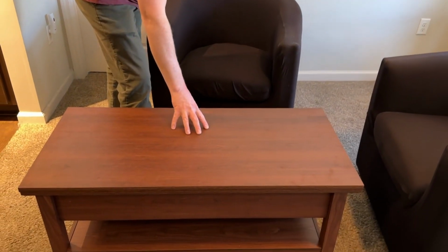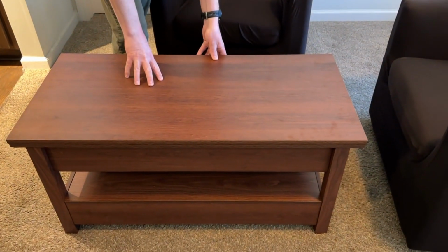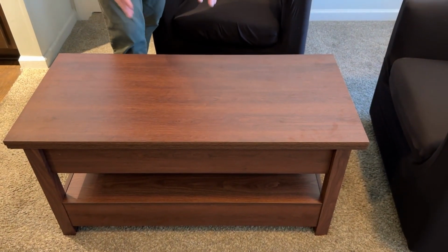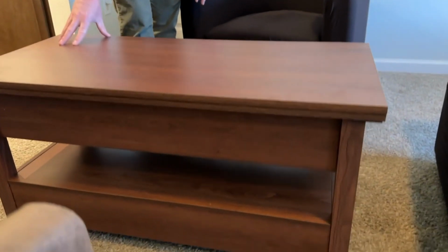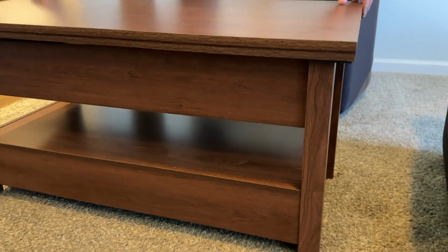All right, we're gonna do a quick review of the lift top coffee table. This is a great coffee table that, if you're in a very compact space, will allow you to not only have a really, really nice coffee table, but you can also lift it up